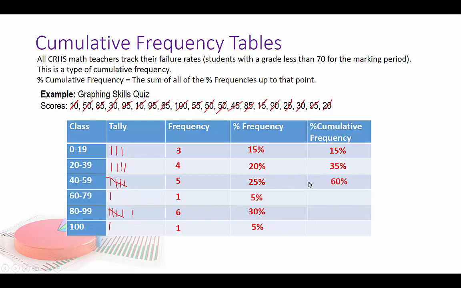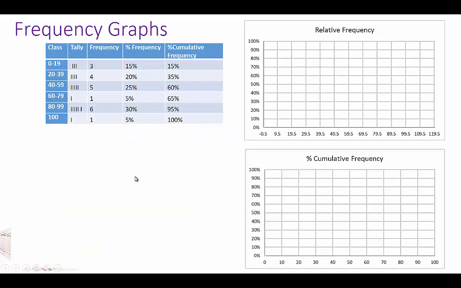35 plus 25 is 60. 60 plus 5 is 65. 65 plus 30 is 95. And 95 plus 5 is 100. If I don't make it all the way to exactly 100, then there's an error somewhere. So you've got your nice frequency table, and we're going to go ahead and make a relative frequency graph and